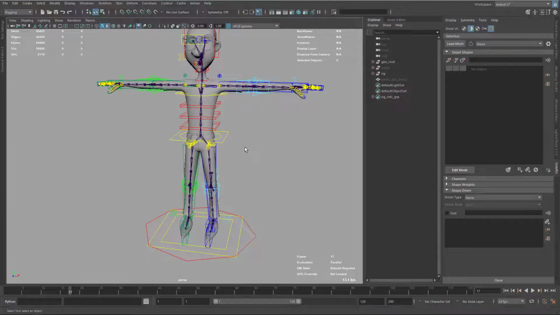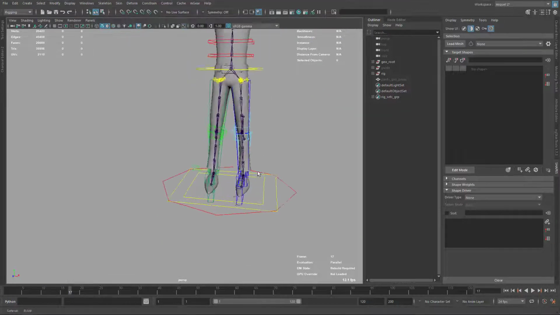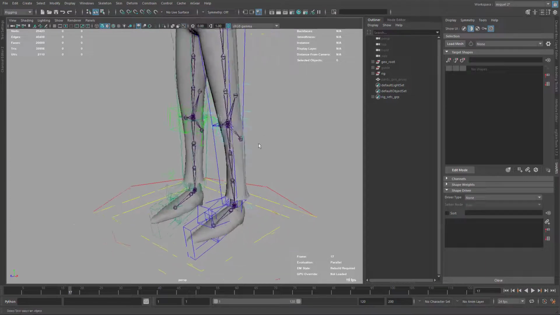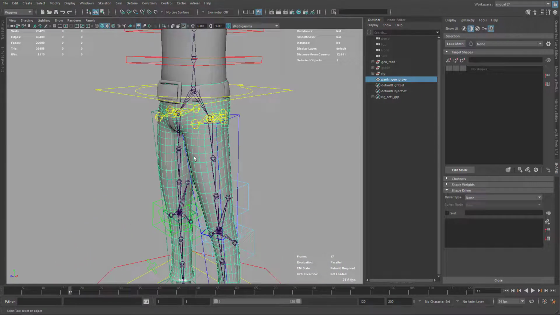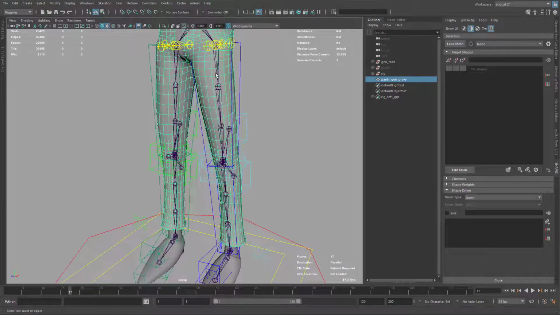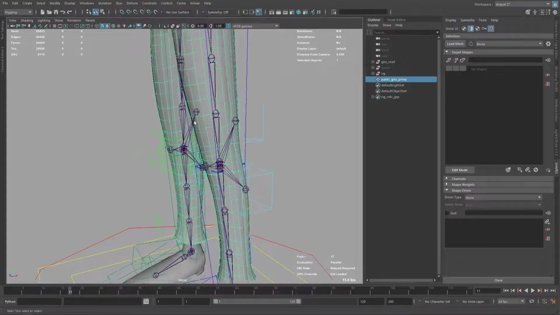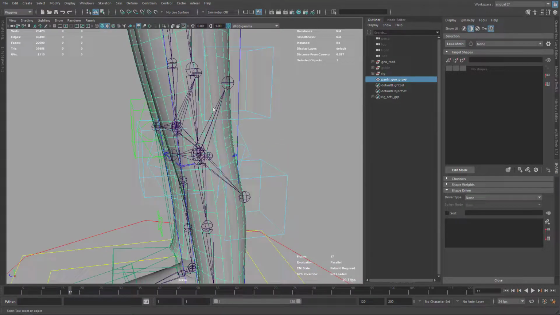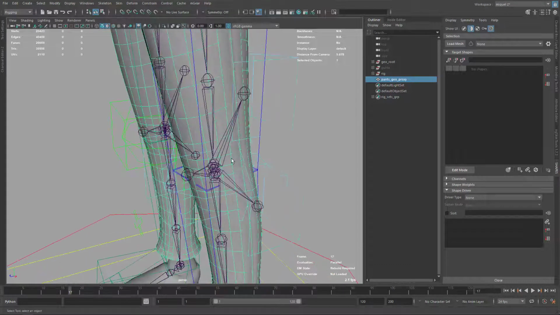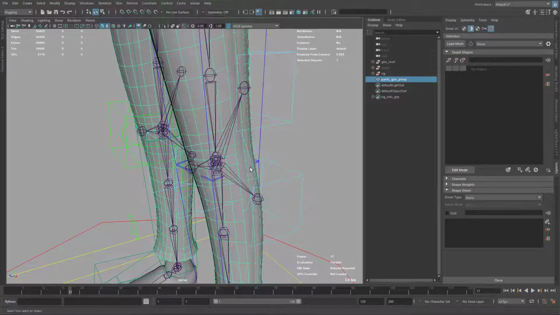Let's start with the corrective blend shapes, and in this case I'm gonna start with the pants and the knees. So the first thing is I have here my proxy geometry from the pants, so I'm gonna use this one in order to create the corrective blend shape. The reason I do that is because I have here this topology a bit optimized,